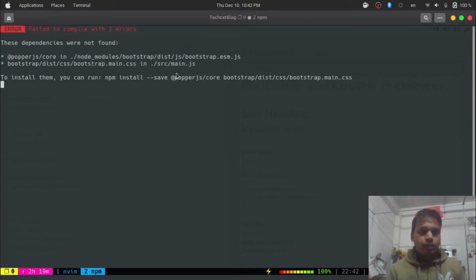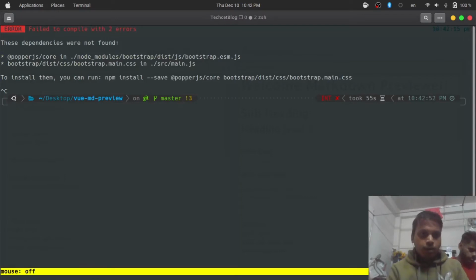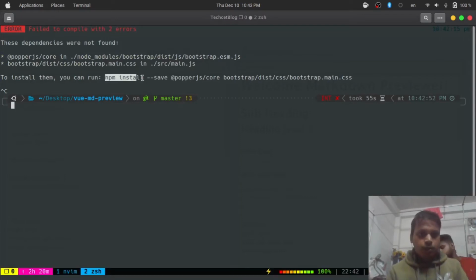Actually there is an error, that is bootstrap dist.js bootstrap esm, and it needs a dependency, that is popper.js core. So I need to run this command. Let me close it, and I think I can copy this. Mouse is off, so this one I can copy and paste right here, hit enter,